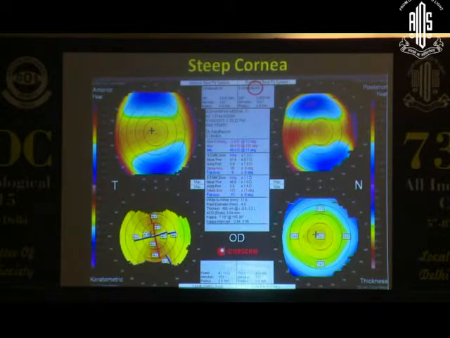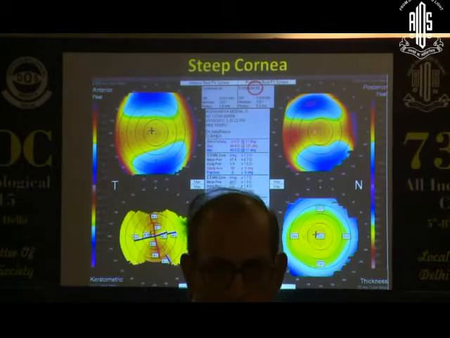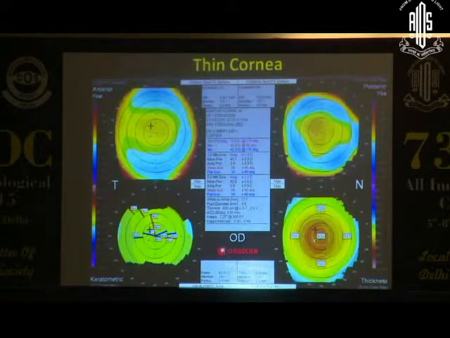So these are the points to be seen in the stiff cornea. See the BFS changing, and you can see the powers 49 and 46, and see the mean power. And see the thickness. These are all the points that tell you it is a stiff cornea.